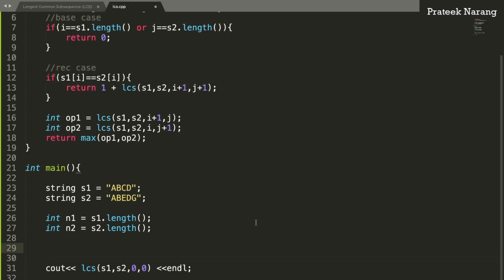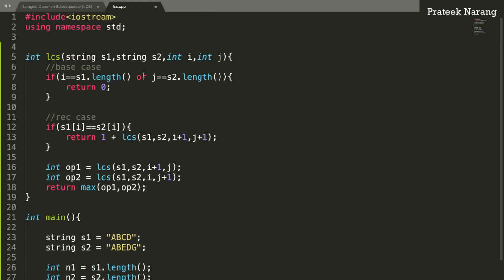So what we can do is create a DP vector, right? I'm going to create a 2D DP vector, so it would be a vector of the type int. Let's call it dp. And now I want to initialize this with the value -1, right? So we are not setting the value 0 because that could be a valid answer.